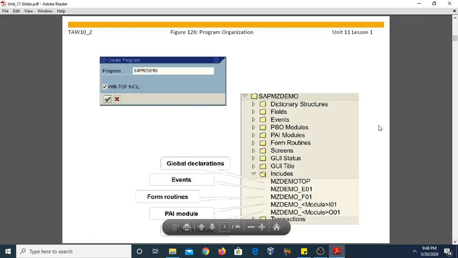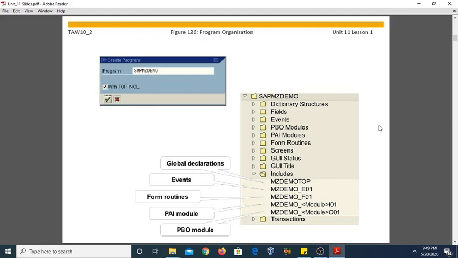Come to the next topic, program organization. Generally, when we create complete type programs, or you may say executable programs, then there is no need for an organization. We just go to the ABAP editor, give the name of the program, and just click on create. It will create the program directly.